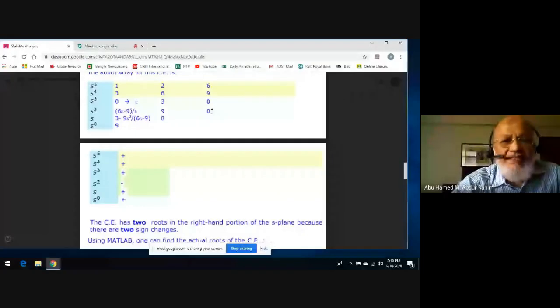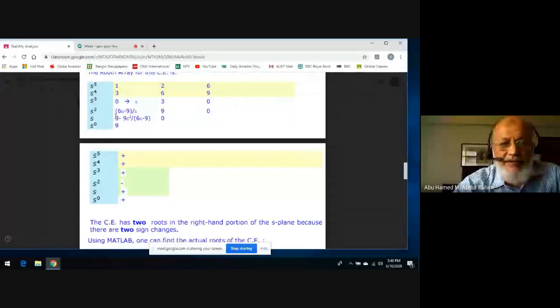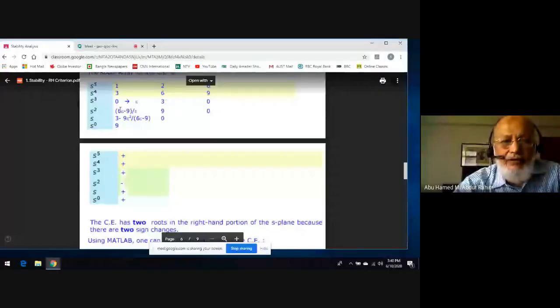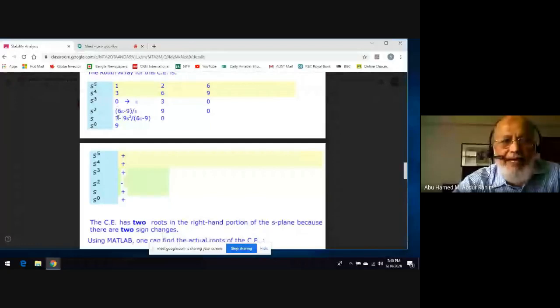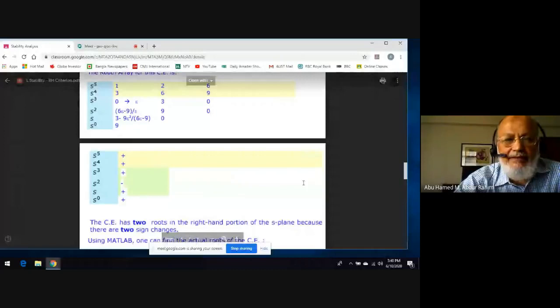So for this number, don't write it here. Write on a piece of paper. What will be this number? This quantity. Call it A. What will be A? A will be this quantity, all of it multiplied by 3 minus epsilon times 3 divided by this quantity. So see what you get. What comes A? A will come something like this.